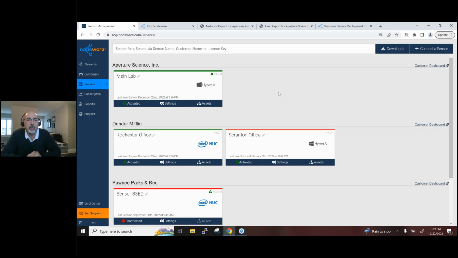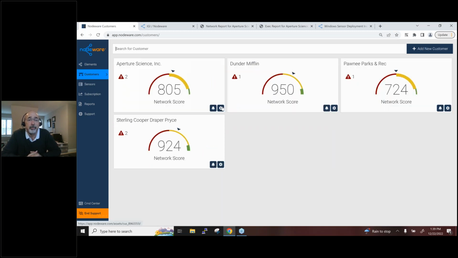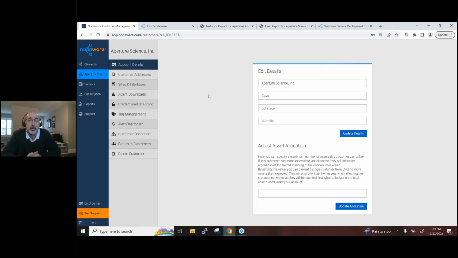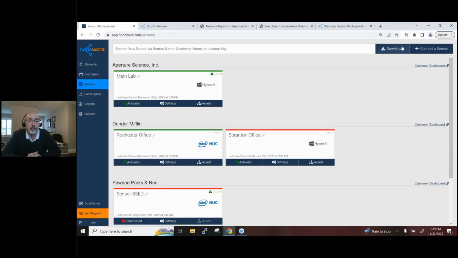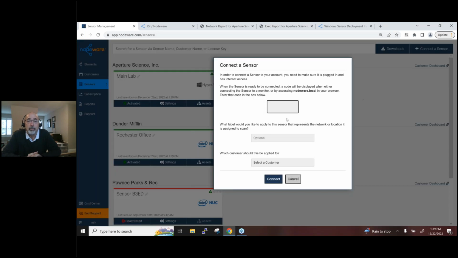And maybe go into the customer and the managing of the customer. I guess you can do it through there, but just to reemphasize the point. In that manage section, if you're going to deploy a new sensor somewhere for Aperture, you would connect a sensor. The customer object's already created, and you want to connect the sensor. You would do it under Sensors, Connect. When you're deploying, you would hit the IP address of the sensor, and it would give you the 4-digit code.